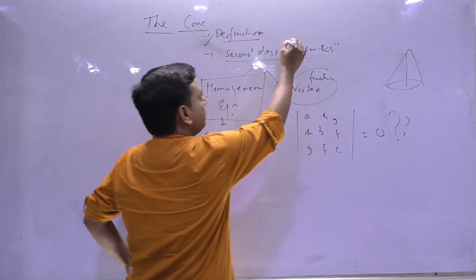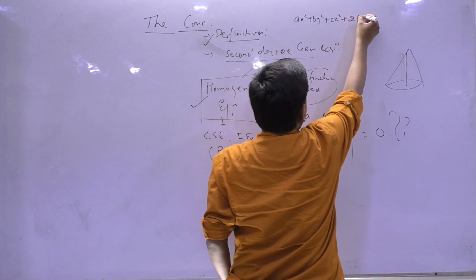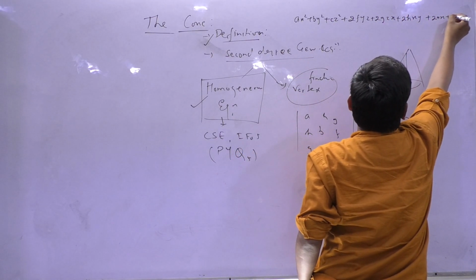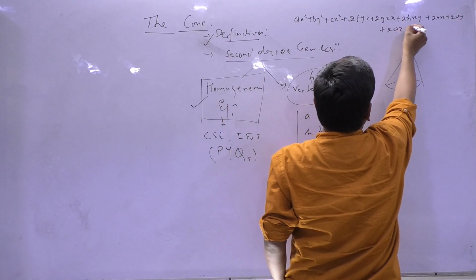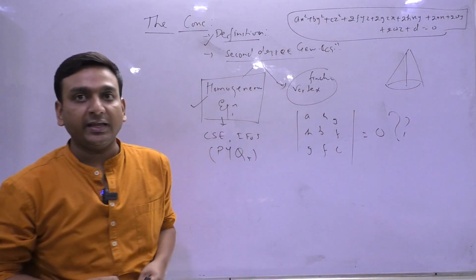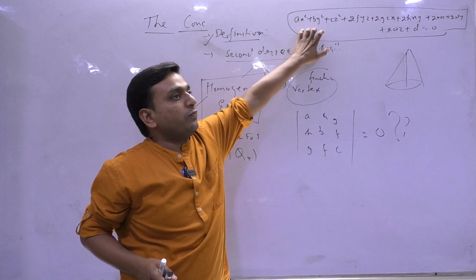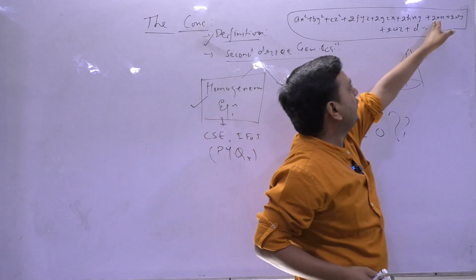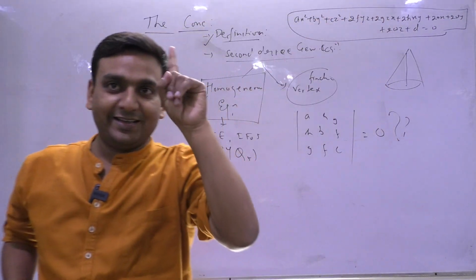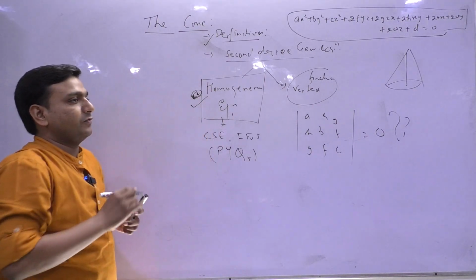General equation of second degree is what, children? ax square plus by square plus cz square plus 2fyz plus 2gzx plus 2hxy plus 2ux plus 2vy plus 2wz plus d equals 0. So this is the general equation of second degree. We are interested in knowing what the homogeneous part of this second degree equation means. If this first order term and constant term becomes 0, then what interesting phenomena do we get? Number one. Okay, and it is very important. Questions are regularly being asked from here.